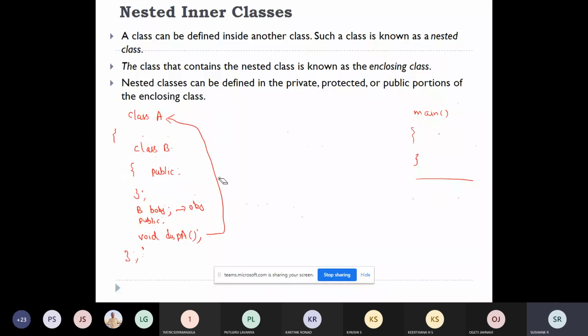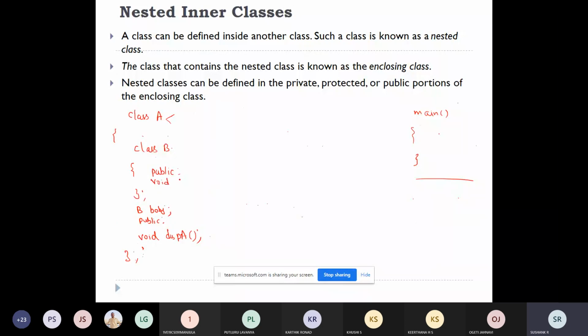So the class A, which is the enclosing class, contains one more class called class B, which is a nested class. I'll write one function for this also.